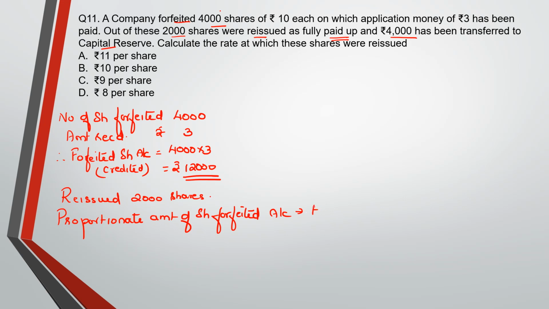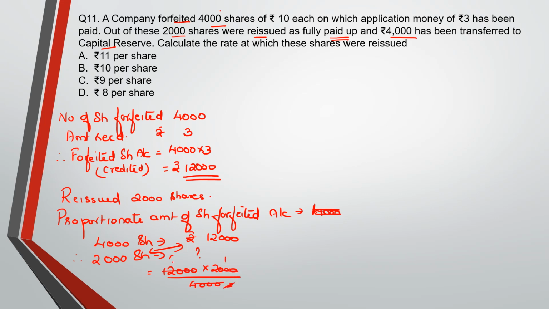So for 4,000 shares, I will write it here, that would be better. For 4,000 shares, the amount which is credited was 12,000. Therefore, for 2,000 shares, how much? I use cross multiplication, which is the simplest. 12,000 into 2,000 divided by 4,000. So the amount related to those 2,000 shares which have been reissued is rupees 6,000, which is there in the